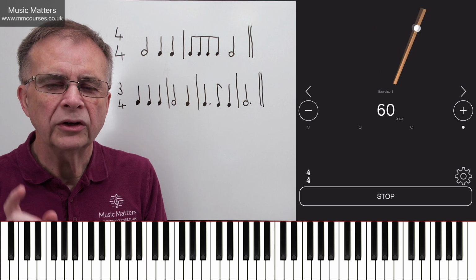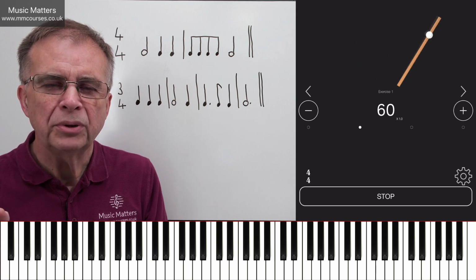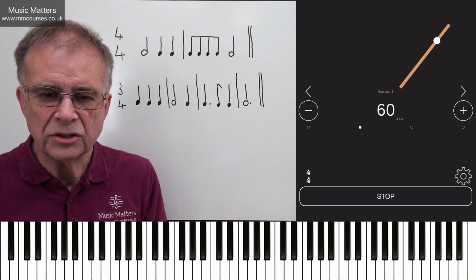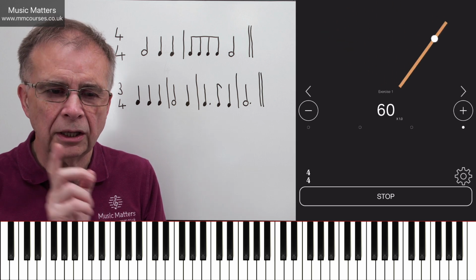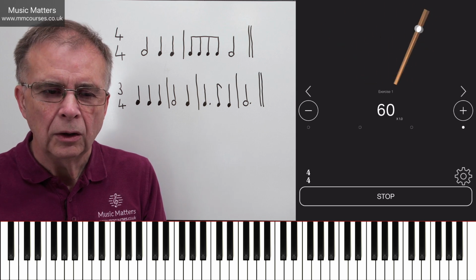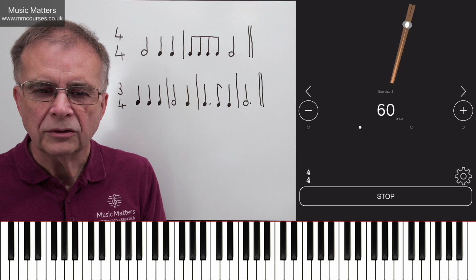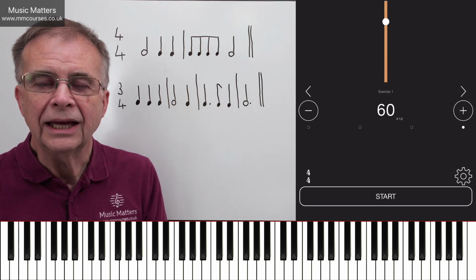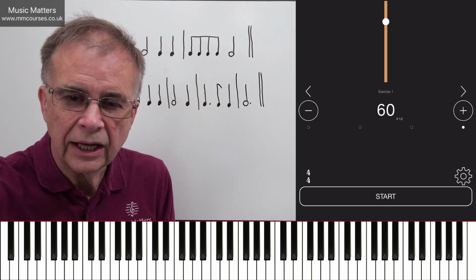So you see what we've got now is 1 beat per second at 60. And you can also see a little dot lighting up across the screen going 1, 2, 3, 4. So you also know where you are in the bar. And of course, I could easily